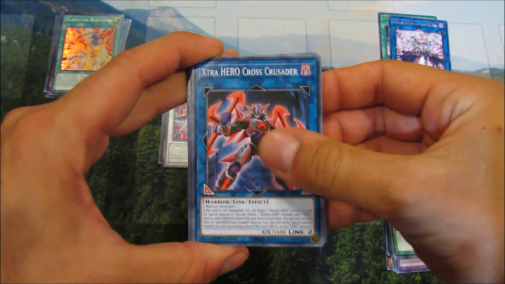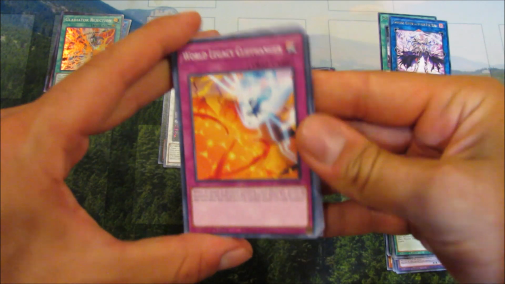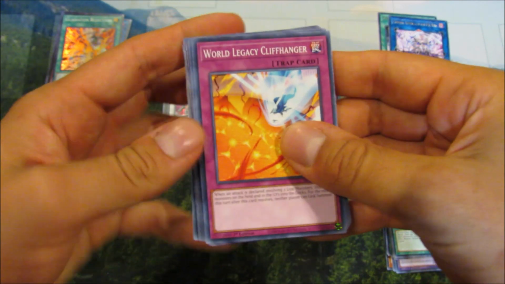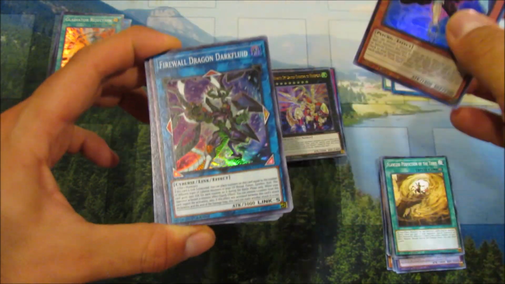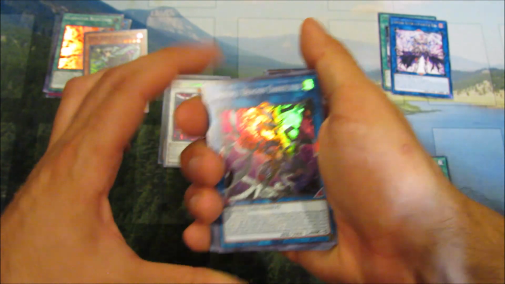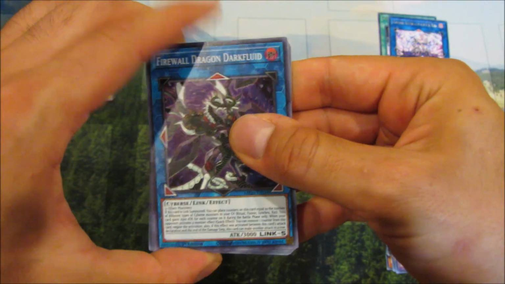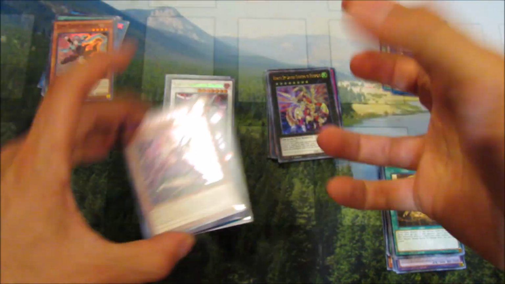Doomer Glimmer, X-Year Cross Crusader, Glad Beast Sagittarius, Fury of Fire, World Legacy Cliffhanger. Okay. Oh, Ramberg. Okay. Time Thief Winder. Firewall Dragon Dark Fluid. Alright. Is it white or is it blue? It's a monster. Oh,